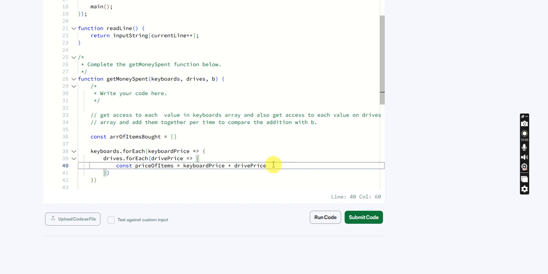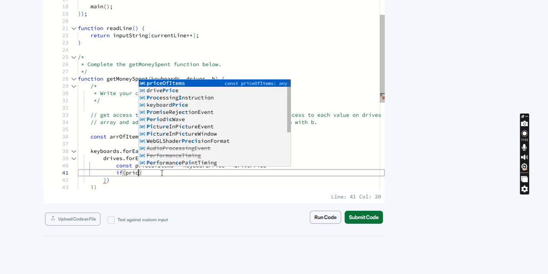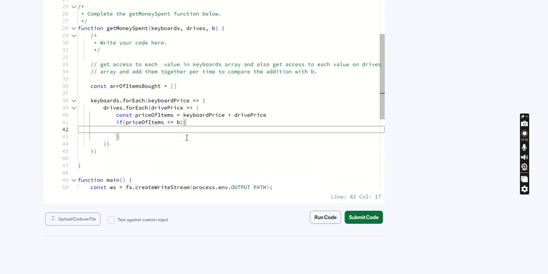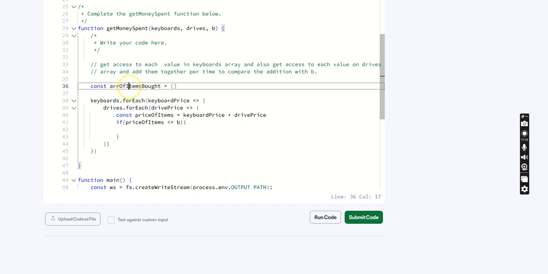So now we need to compare if the price of items is less than or equal to B. Right? If it's less than or equal to B, that is what we want. So if priceOfItems is less than or equal to B, then we push to this array